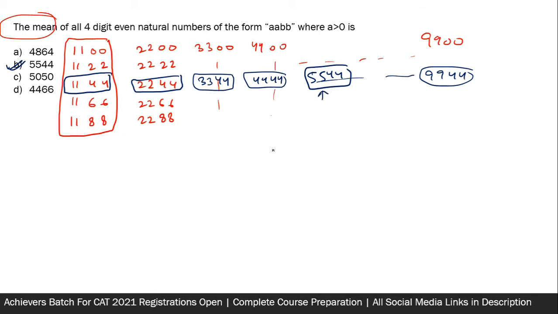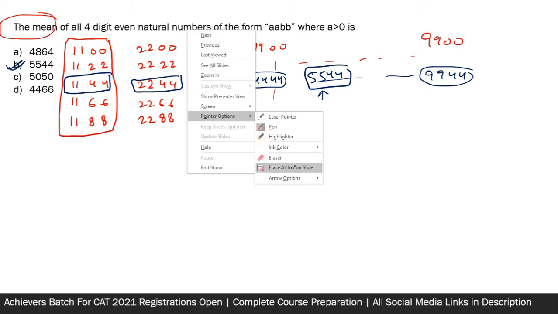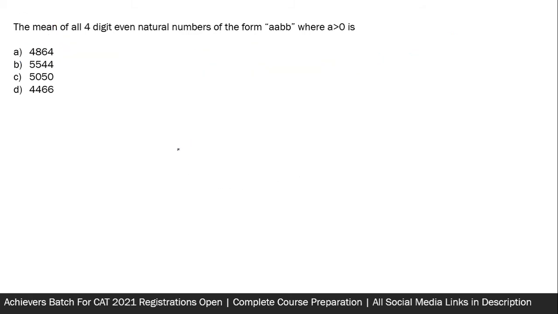But some of us might not be very happy with this solution, because the average of averages concept they don't buy very readily, because it is not mentioned in the books. It is not mentioned in a lot of videos that you can see. So therefore, I am going to present this question once again, taking the help of permutation combination. I will find out the average using the traditional approach. I'll find the sum of all such numbers, then we'll divide that sum by the number of all these numbers.